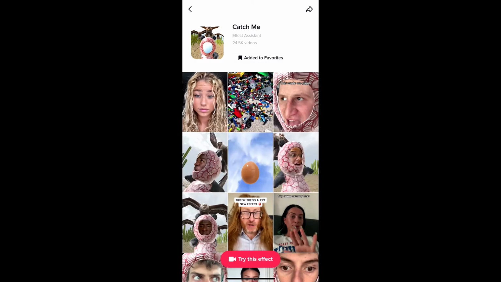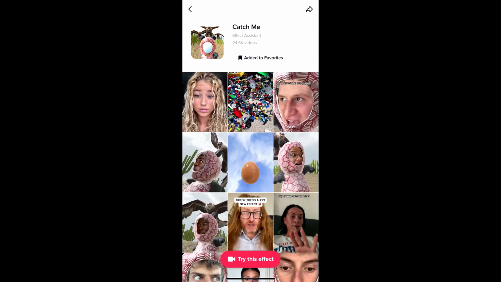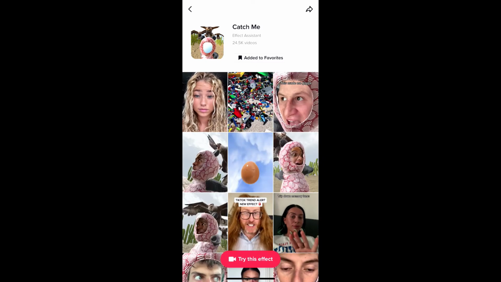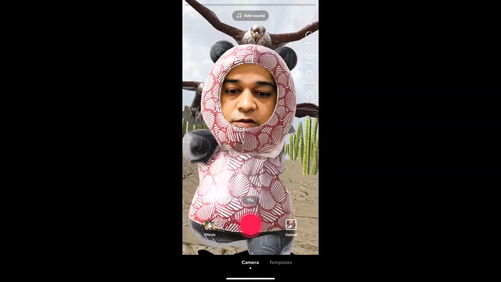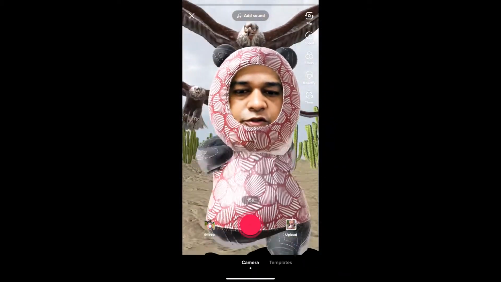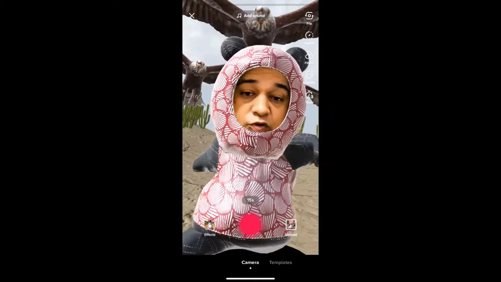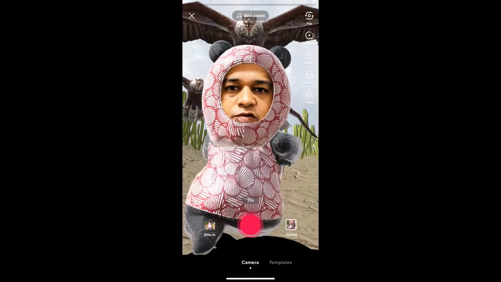Now from here you can add it to your favorites, and at the bottom of the screen you will see try this effect. Tap there to use this effect. Likewise, okay, you can record a video here and you can post it to your TikTok. Okay, and suppose you are not getting this effect from discover also, then what you can do,